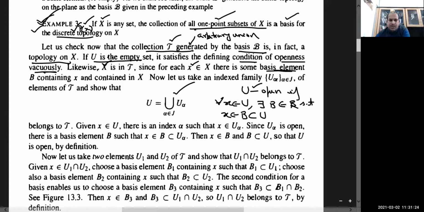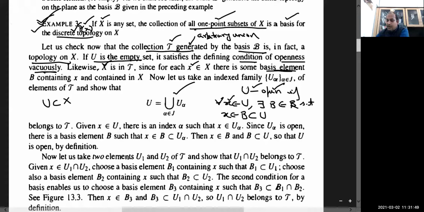Any set U subset of X. देखो, U subset of X होगा और U power set का भी member होगा. So any set is said to be open. This definition of a set to be open is in terms of basis. यही तो है basis के term में. If for every x belonging to U, there exists B belonging to the basis such that... so for every x, हर x के round check करना है.